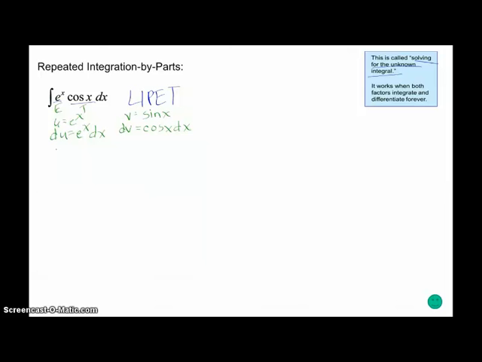So the integral of e to the x times cosine of x dx is u times v minus the integral of v du. So again, do you see we have another integration by parts? So we're going to just copy down e to the x times the cosine of x dx